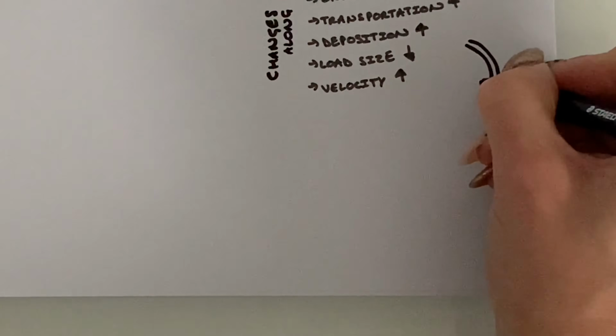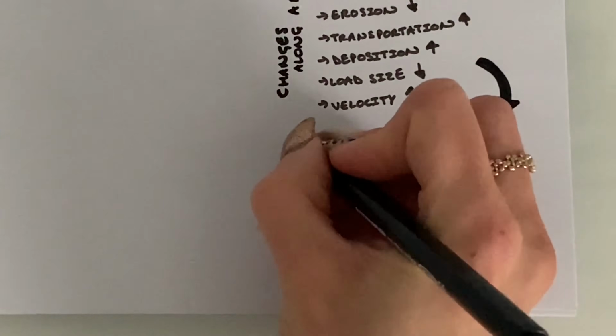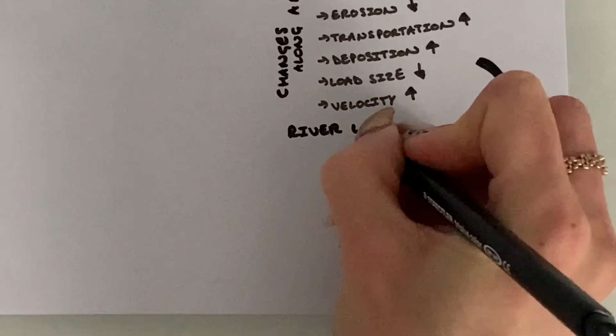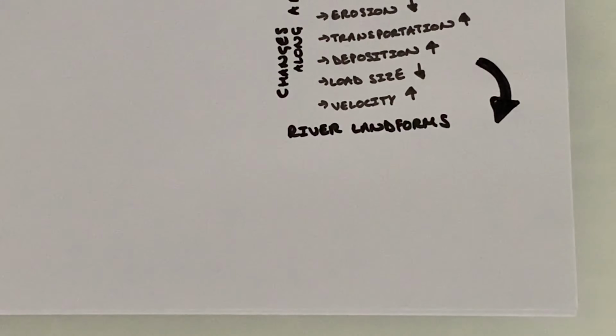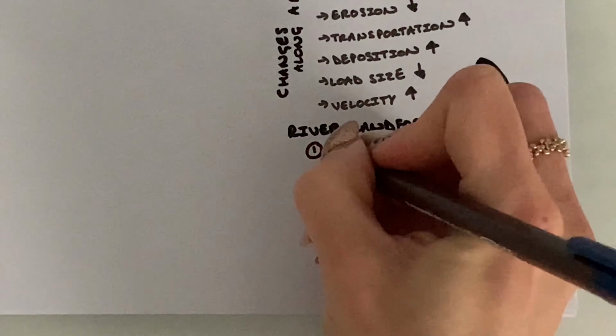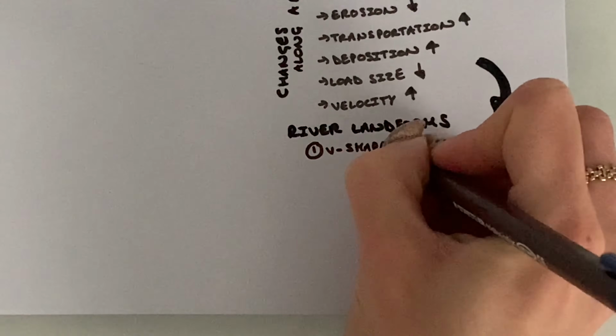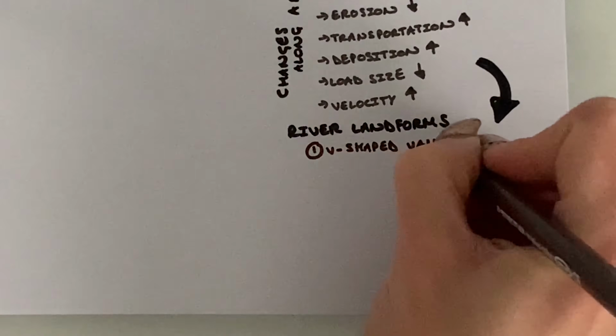Now, as you travel along a river from source to mouth, you will find different river landforms in the upper, middle and lower course of your river. Each of these landforms can be referenced specifically in your GCSE specifications or your GCSE exams. So you need to know how they are formed step by step, as well as where they are located within